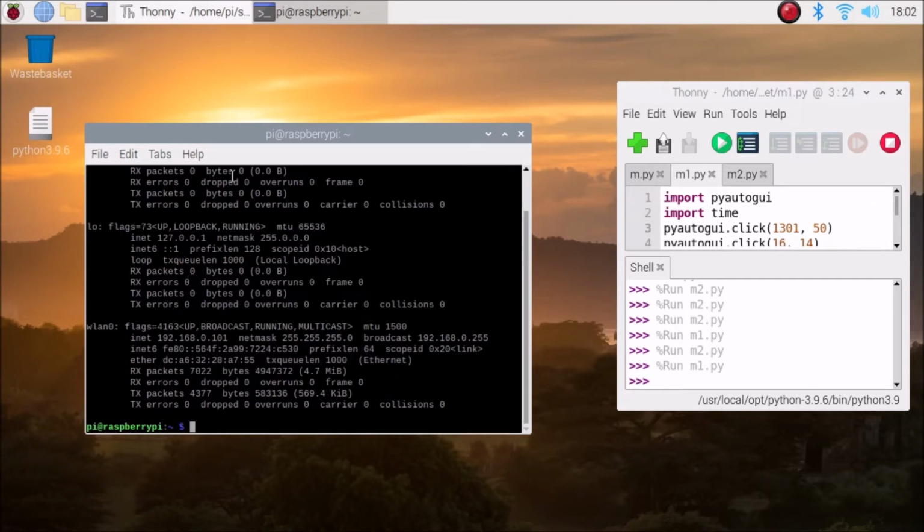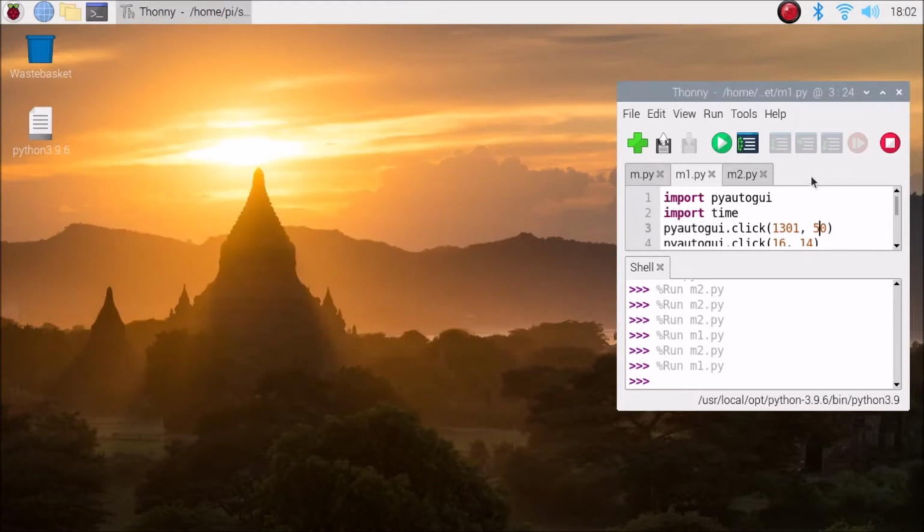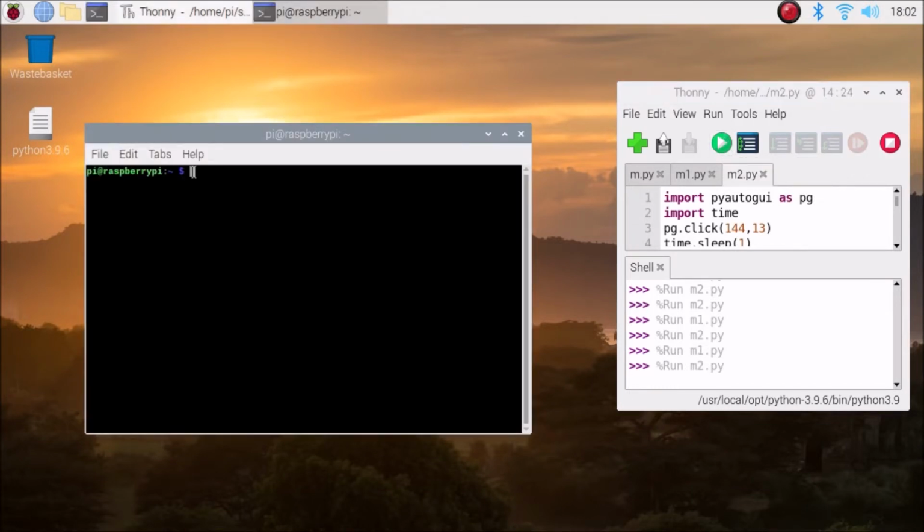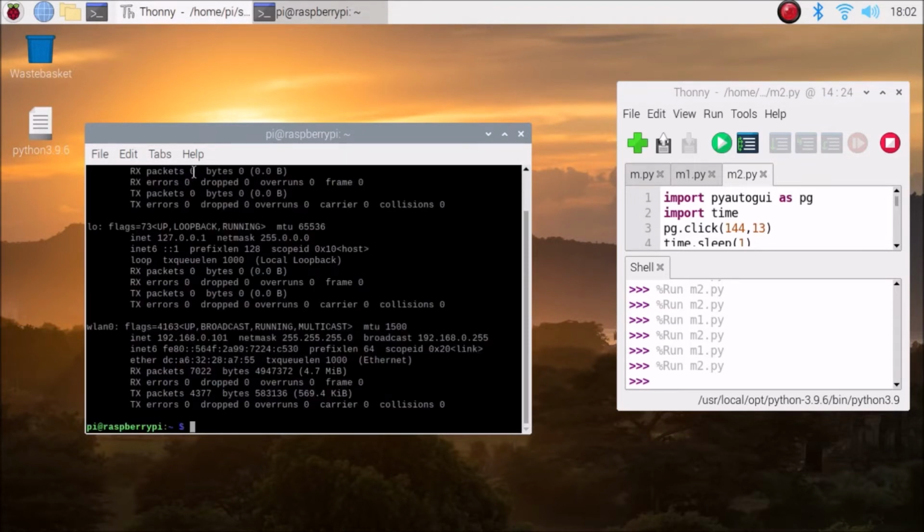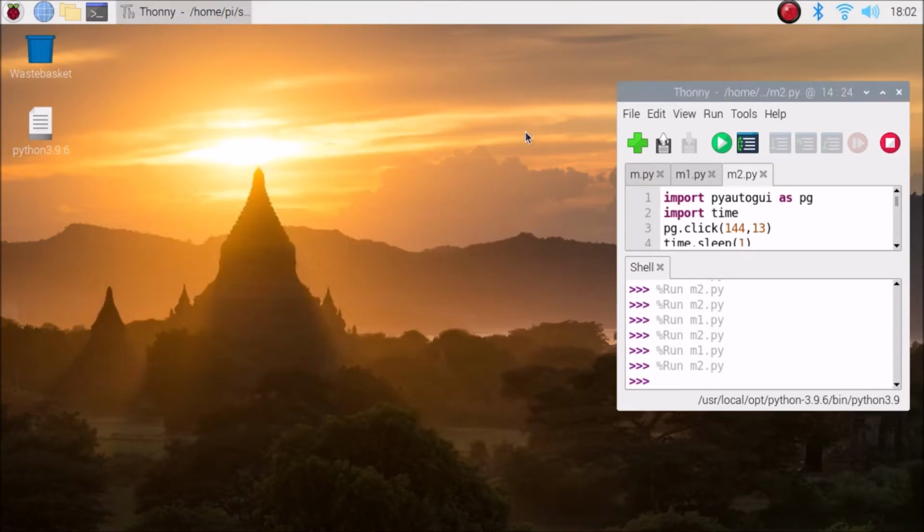So for that I have created an m2.py script. Let's first run the m2.py script. It opens the terminal, enter, ifconfig, again enter, and we have our result. So this is the way, friends, you can automate the keyboard and mouse tasks on